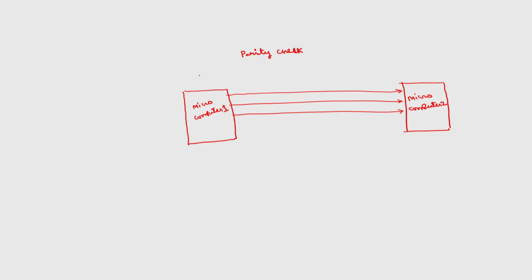Now, during the transmission, errors may be encountered. So, in such cases, how to detect and how to correct the errors at the receiver? This will act as the transmitter, this will act as the receiver, and this will be the channel. Here it is a telephone line. I will discuss how data can be transmitted over telephone lines from one computer to another. The channel is a wired line.